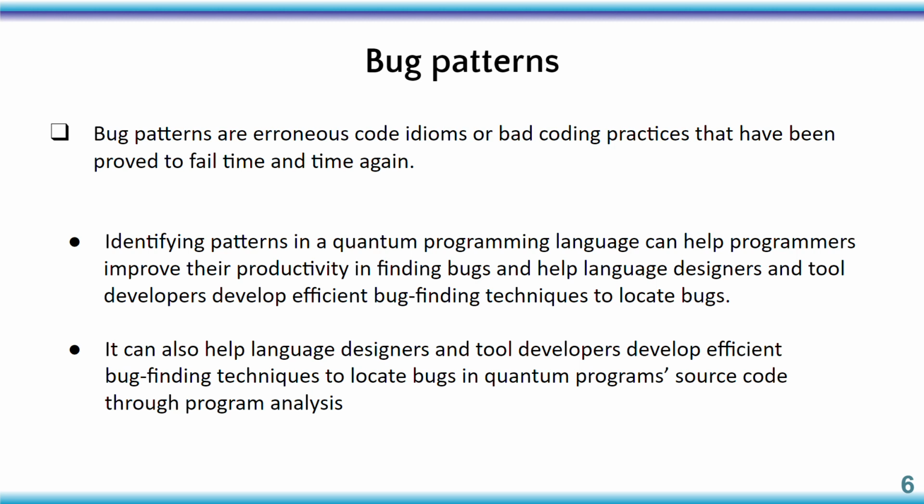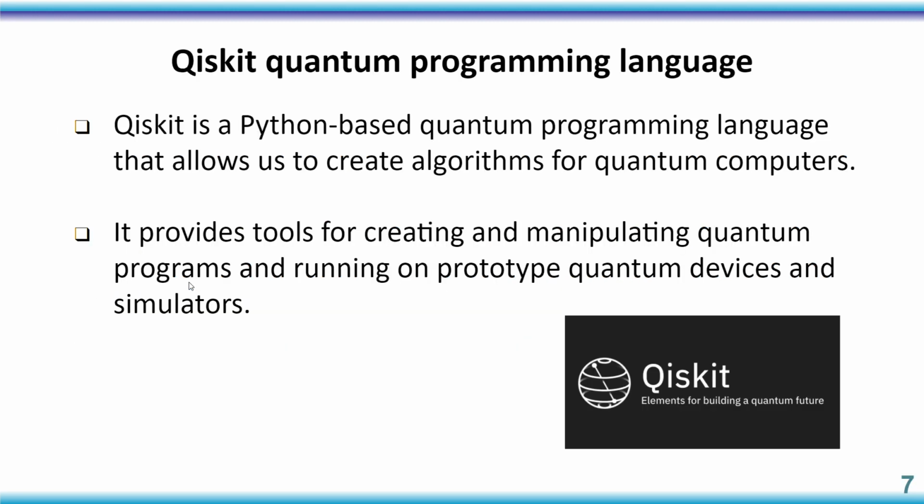In summary, the bug patterns taxonomy for quantum programming languages could be seen as a starting point for creating the general bug patterns for quantum programming languages. For identifying and classifying some bug patterns in a quantum programming language, and briefly discussing how to eliminate or prevent those bug patterns, we have chosen the widely used quantum programming language tool, Qiskit, as our target language and have